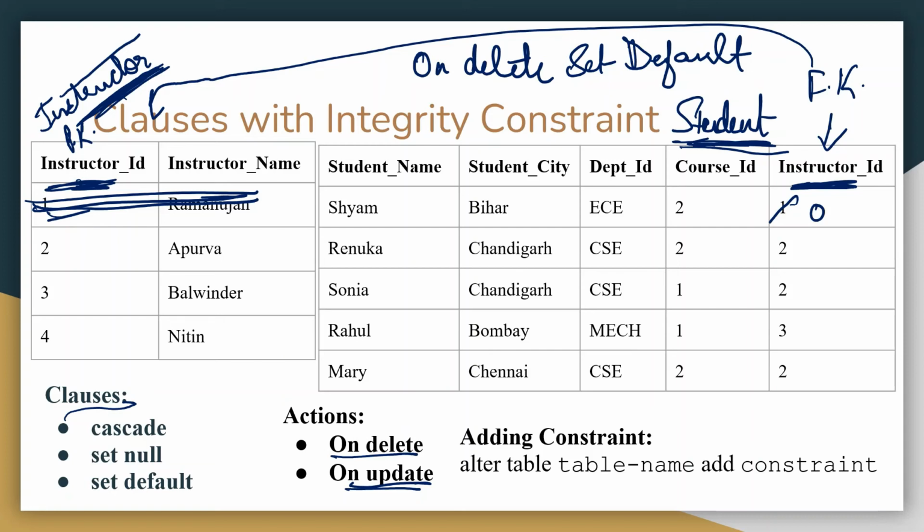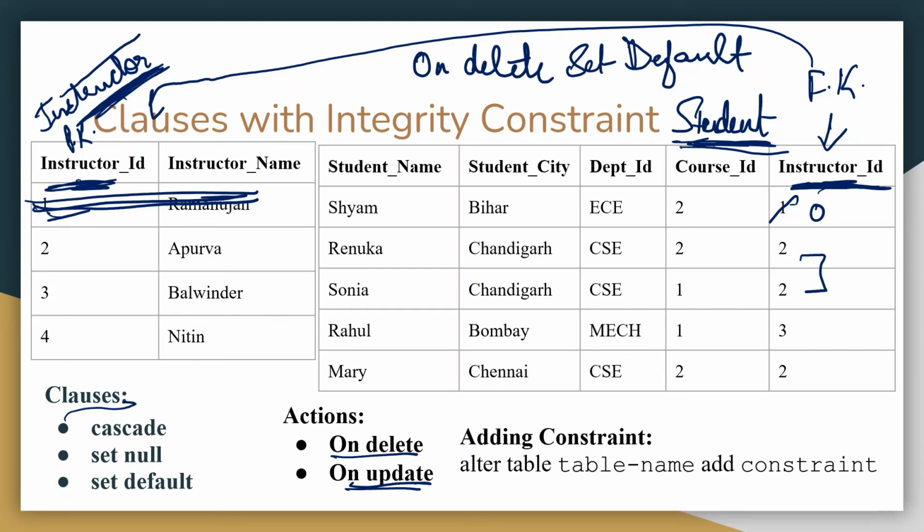Sorry, you can have the same student being taught by two instructors. No, it is getting repeated over here also. Okay, fine. Yeah, it is getting repeated. So yeah, it is not the primary key over here, so it is allowed, right? In case it was a primary key, it would not have been allowed. The repetition would not have been allowed. Okay,